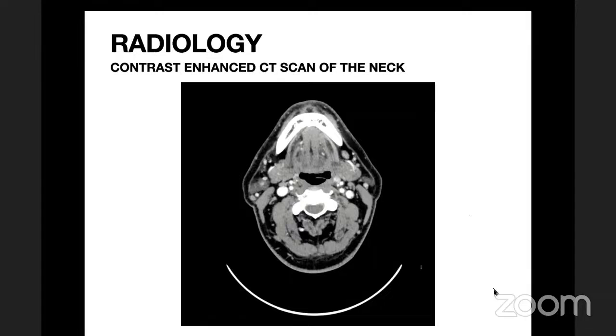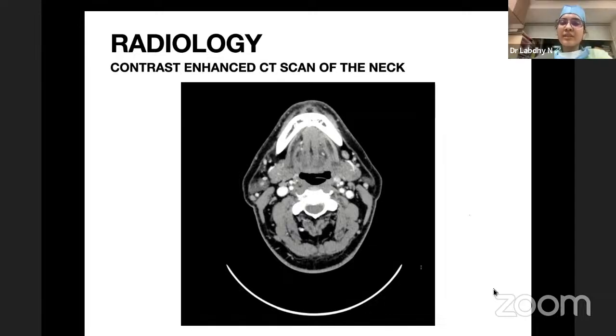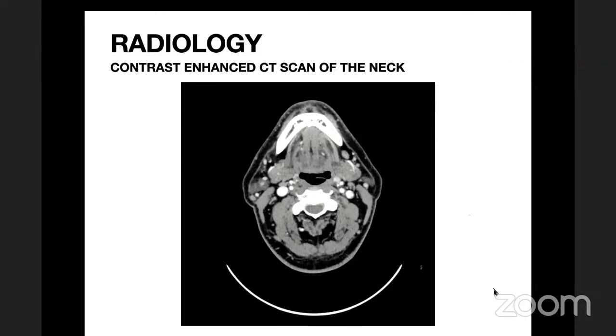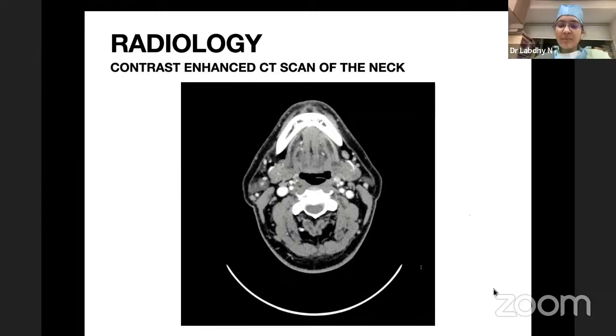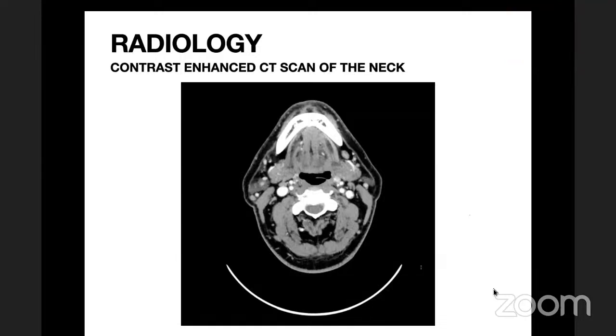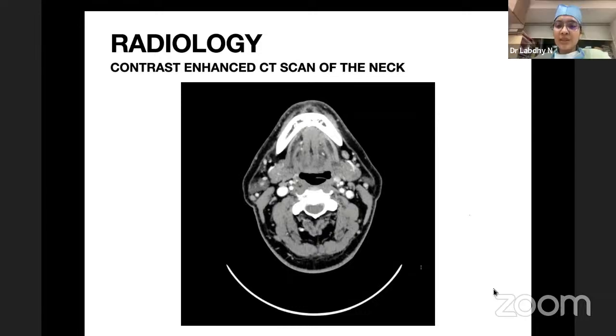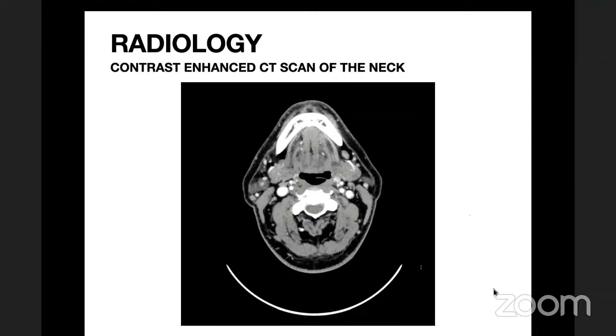What are the tumor factors? What are the nodal factors? So the tumor factors: margins, the grade of differentiation, the size of the tumor, and the location of the tumor. Hypopharyngeal tumors versus glottic tumors. The size, the differentiation, whether there is any perineural spread, any extralaryngeal spread. Labdi, wait.